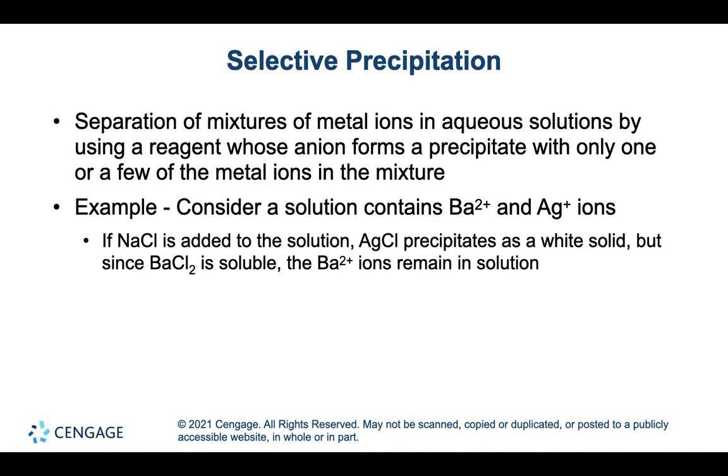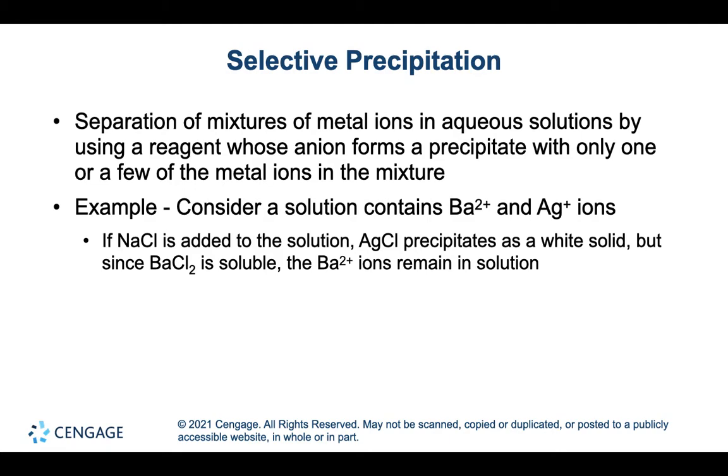The chloride might form precipitates with one ion in solution, but not another. So you can in fact separate a mixture of two or more positive cations in solution using a technique called